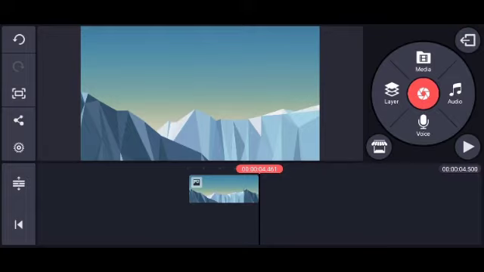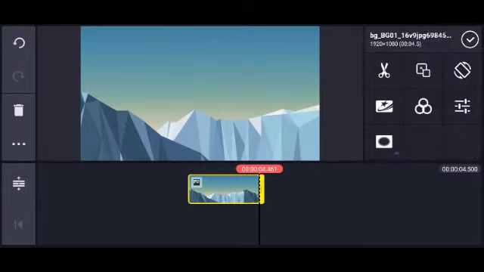I got this interface now. Did you see the yellowish mark at the bottom? Yes, that is very important now. Press on the yellowish mark, and at the edge of that yellow rectangle you can see one small line on the breadth.